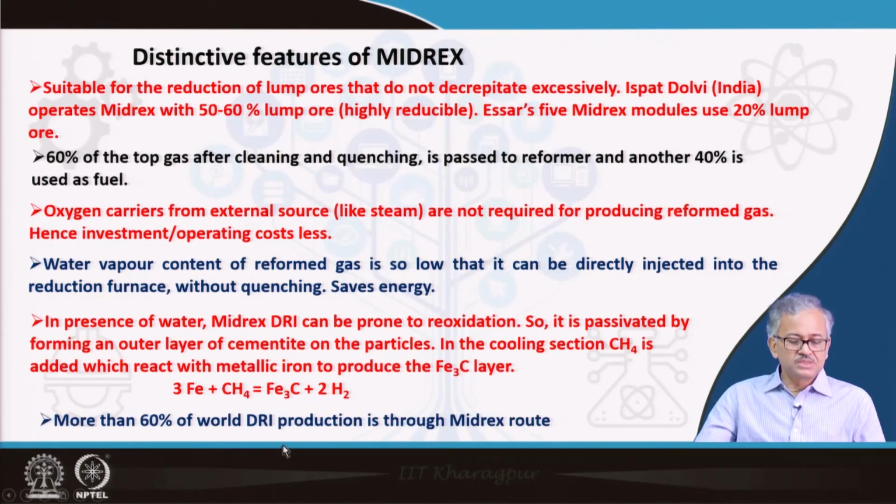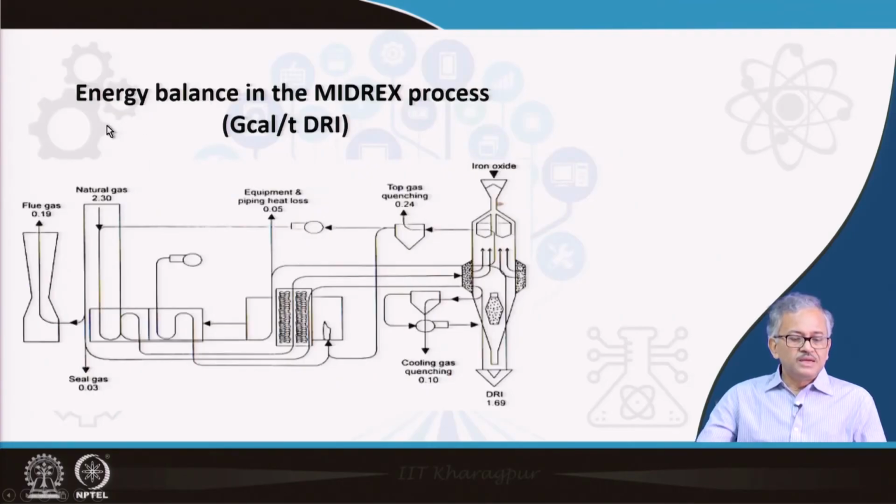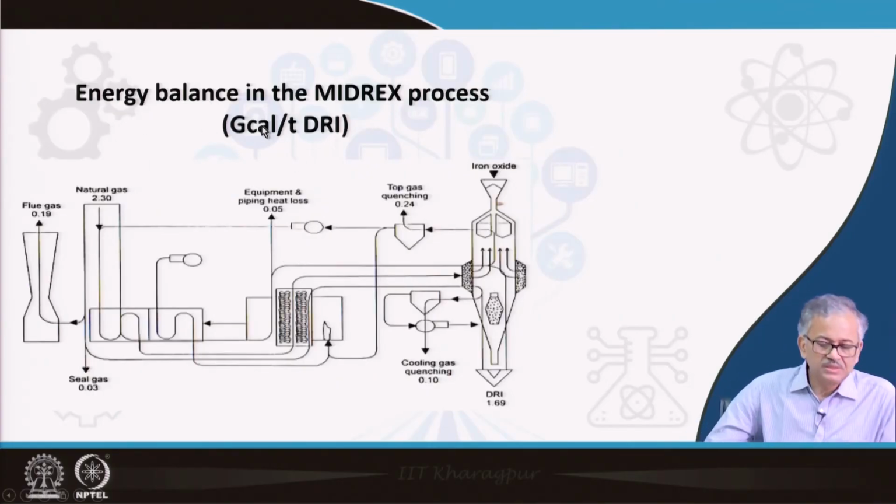Now more than 60% of world DRI today is produced by the Midrex route. And the energy balance in the Midrex process, if you see, is in gigacalorie per ton of DRI. You can see the major input natural gas comes with energy of around 2.3, and then for cooling gas quenching is around 0.1. So, out of 2.3, your output is DRI of 1.69 energy, and some other losses are there